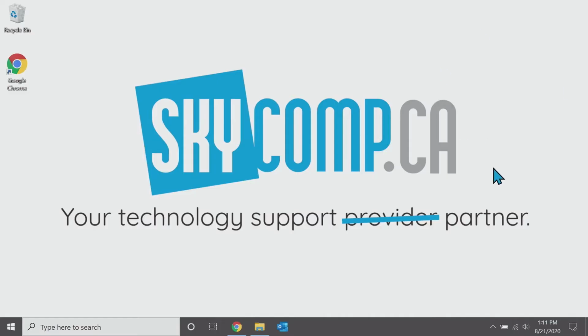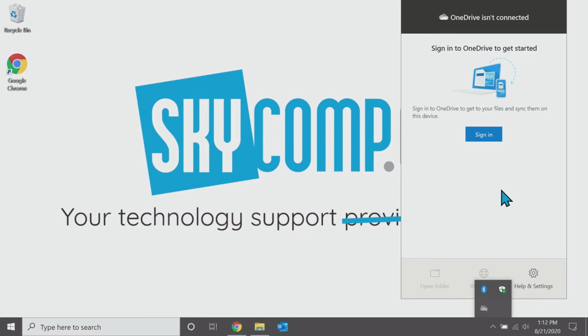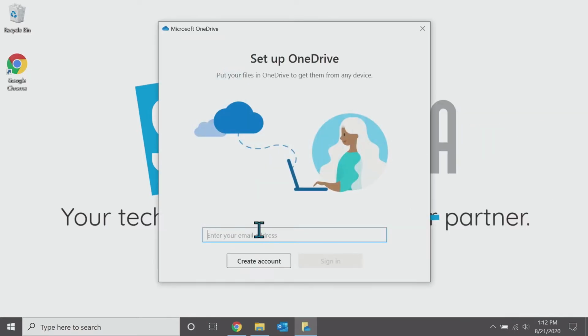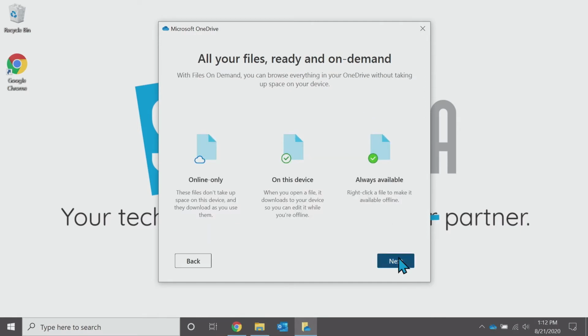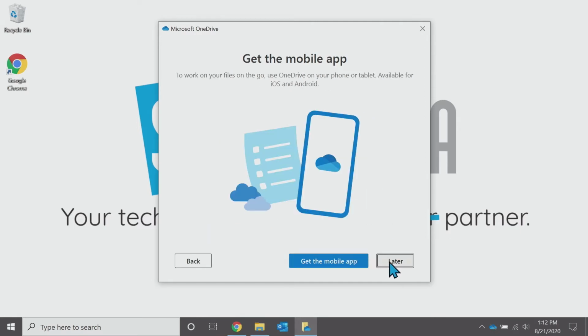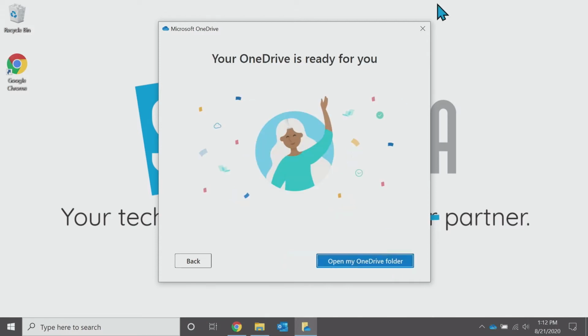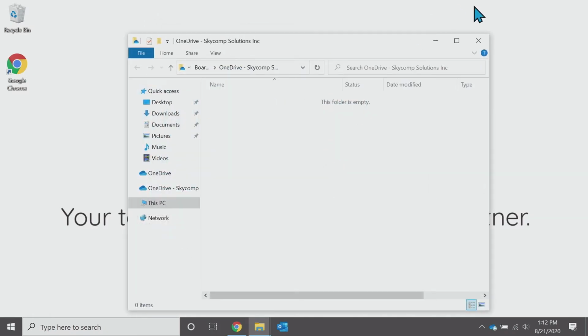So the first thing is on your computer, you need the OneDrive app. If not, you can Google OneDrive. Your IT provider can help you install it. You need the OneDrive application installed. So our first step here, once the application is installed, is to sign into the application. This will walk you through the simple wizard to get up and running. There is a mobile app, like I mentioned. We're going to deal with that a little bit later. So once we have this running,